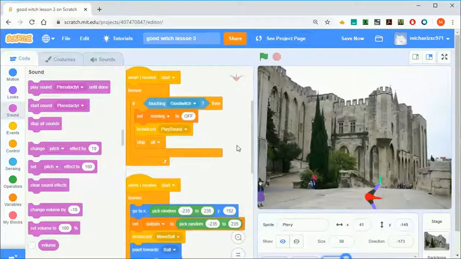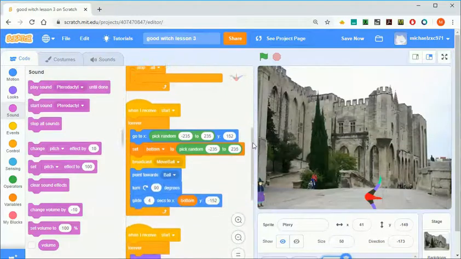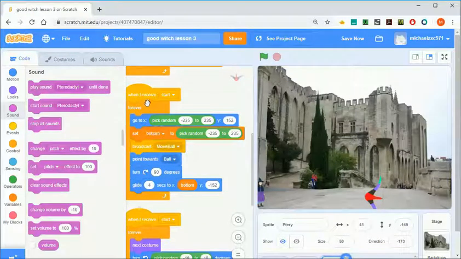So the first thing that I did, and you can pause the video, I put a forever block around the code. This code here. So I put a forever block around this code, so it makes it when he gets to the bottom, he goes back up to the top,